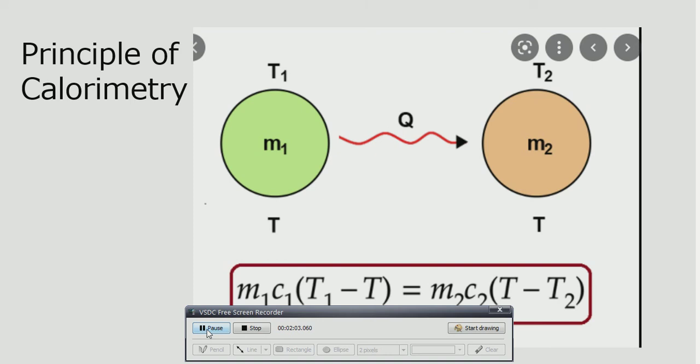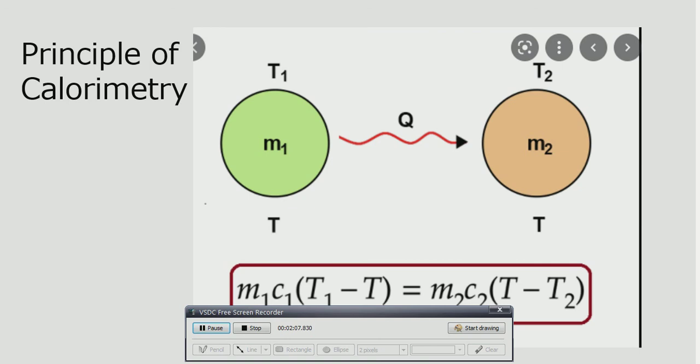Common temperature T means, suppose M1 has temperature 100 degrees Celsius and M2 has temperature 30 degrees Celsius. What will happen? M1 will give heat to M2. Remember that temperature is not given by the object. Heat will be supplied, but who decides how much heat will be supplied? The temperature difference. This you should remember.